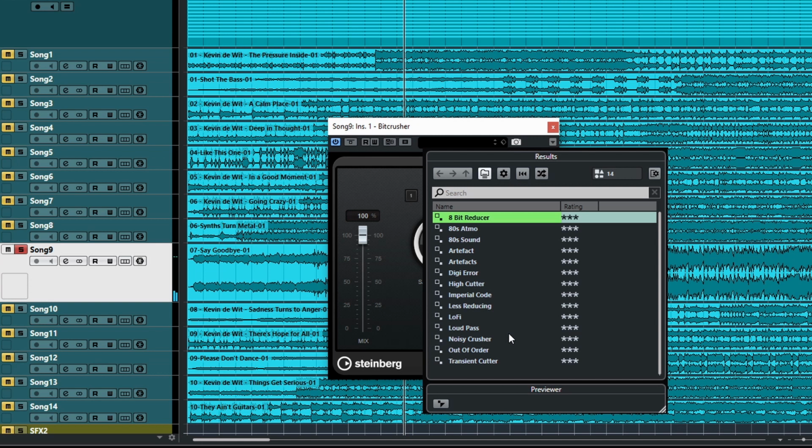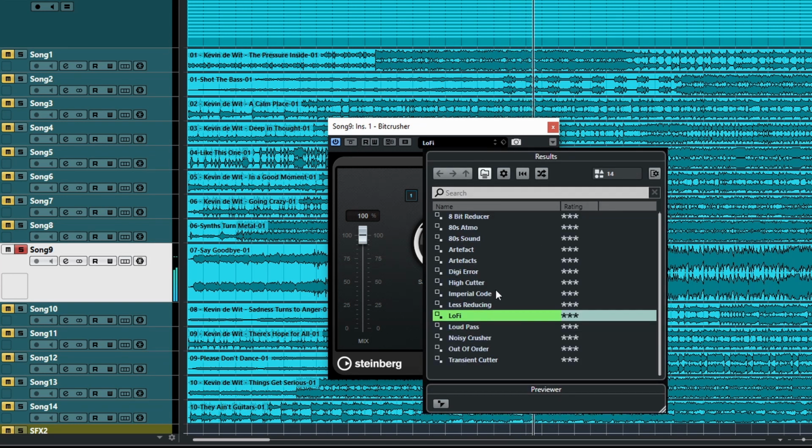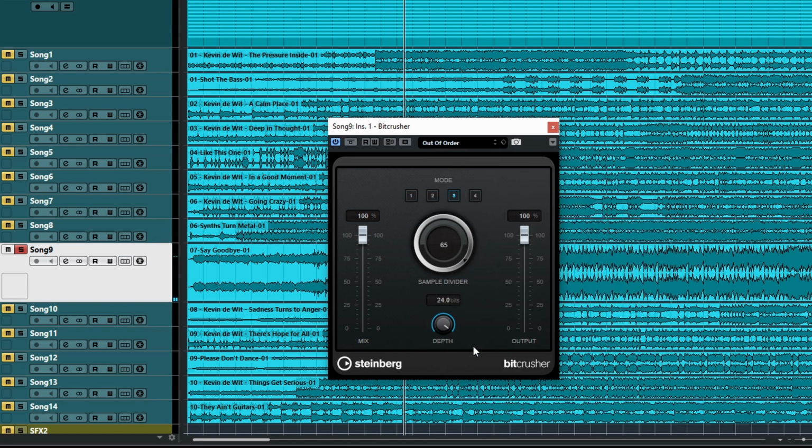So let's have a look at sort of what settings they have. Okay, so this is what they're calling a lo-fi setting. So they've gone for 8 bits with a 7. Okay, that's what it sounds like before. Okay, let's have a look. Out of order. Okay, so they're going extreme here, but